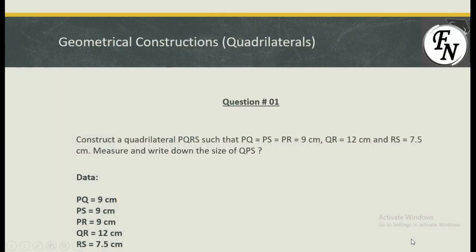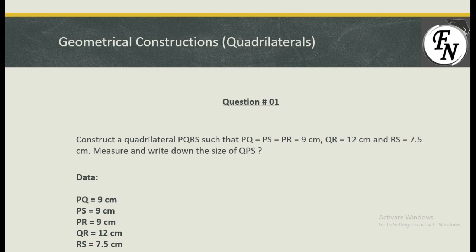I have a question here where I need to construct a quadrilateral. That means I have not been specified which quadrilateral this is. It may be a square, a rectangle, a rhombus, a trapezium, a parallelogram, or it may not possess any property, because it is just a four-sided figure, not a specific shape. It may be an irregular figure of four sides.